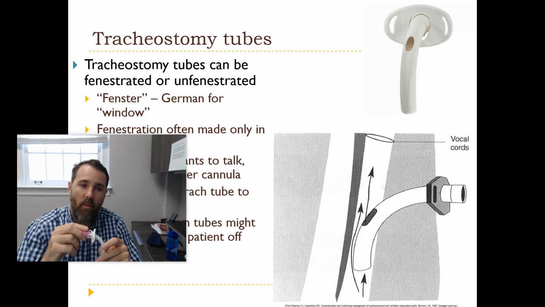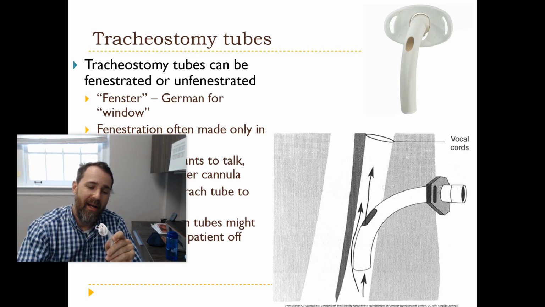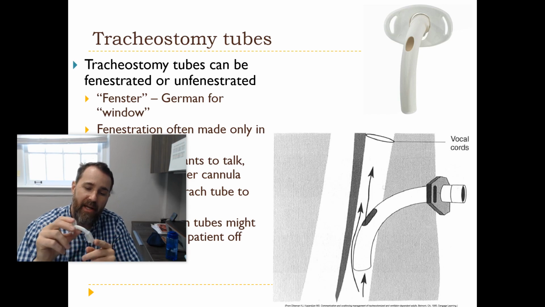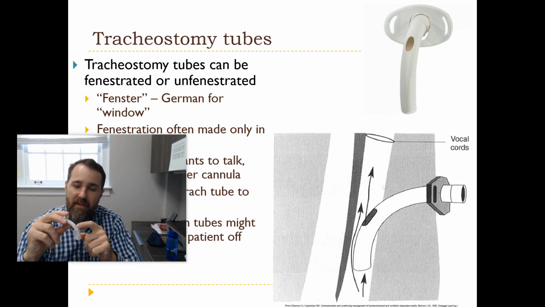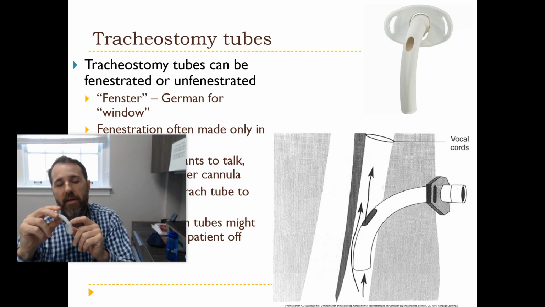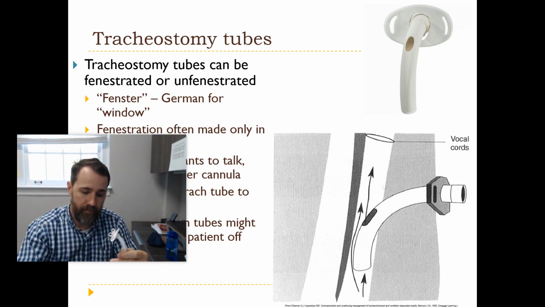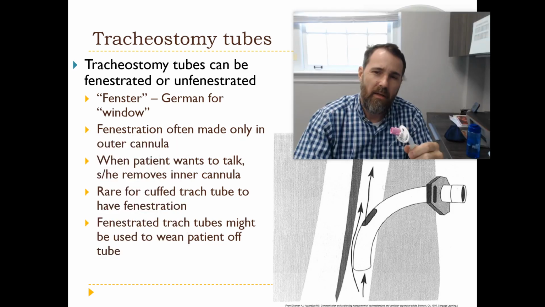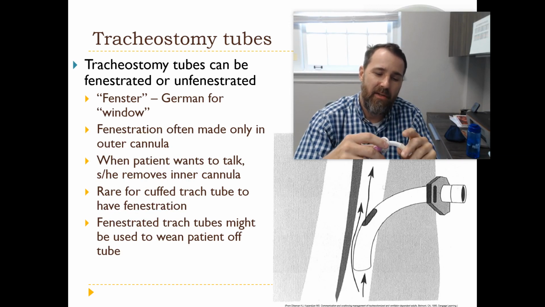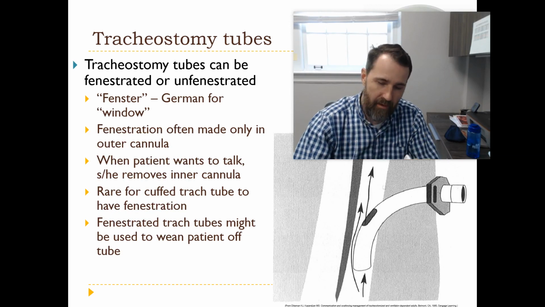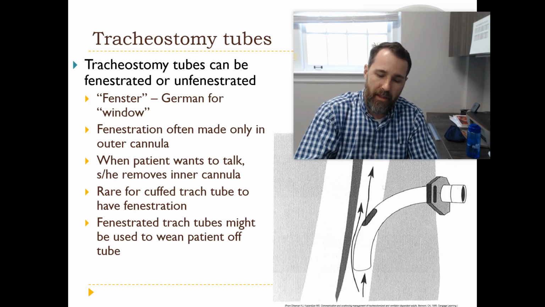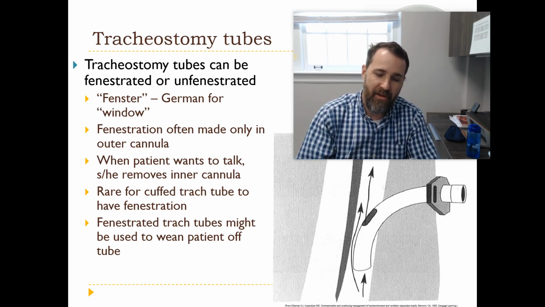Let's say the patient wants to speak. He could pull the inner cannula out, and that would free air, expiratory air, to pass out of the fenestration up into the vocal folds. So as it says here, it is rare for a cuffed tracheostomy tube to have a fenestration,